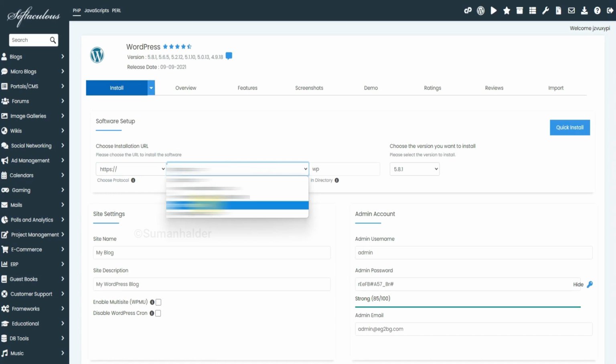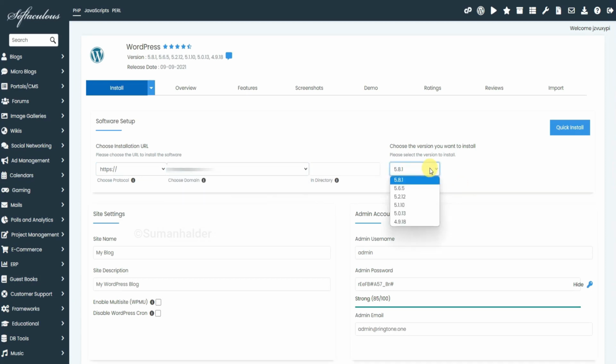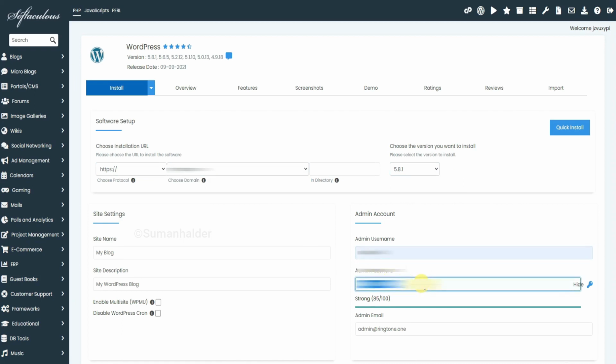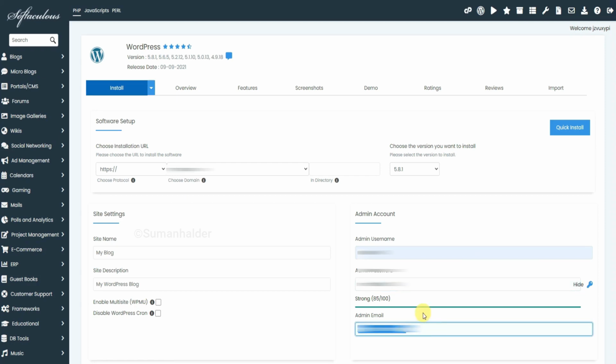Delete the directory and choose the WordPress version. Enter your WordPress admin username and enter a strong password and enter your WordPress admin email ID. Later, when you forget your password, you can change it with this email ID.